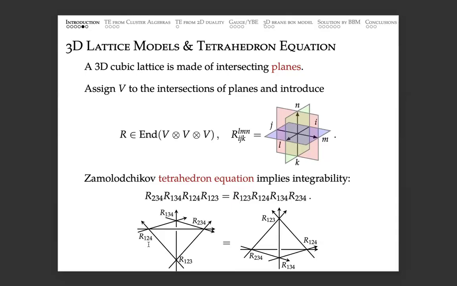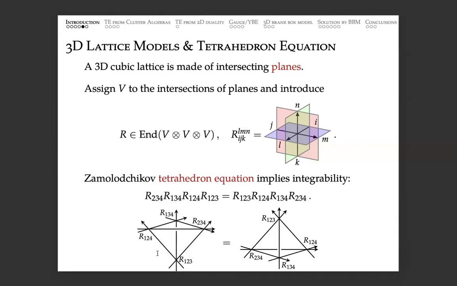And these 4 planes intersect in a way that they bound a tetrahedron. So on the left-hand side, you have a tetrahedron. You have 4 planes intersecting, okay? And they surround a tetrahedron. I name these 4 planes plane number 1, 2, 3, and 4. And then at the intersection of planes 1, 2, and 3, I have this associated R matrix R123, which represents the local Boltzmann weight here, and so on and so forth, okay?